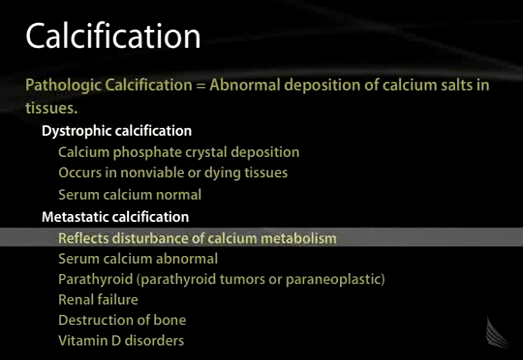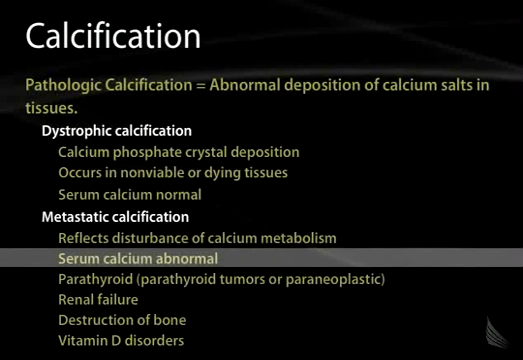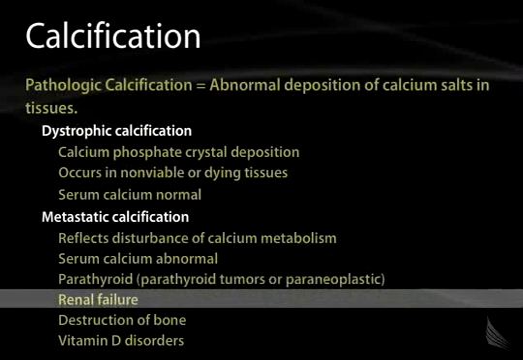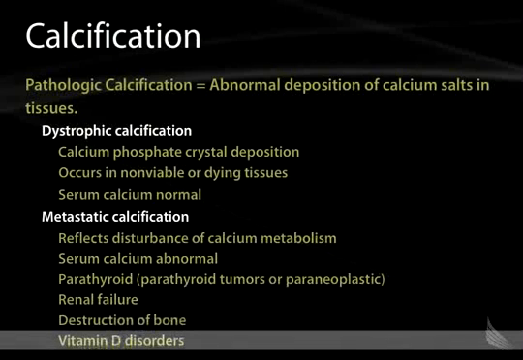Metastatic calcification, on the other hand, reflects a real disturbance in calcium metabolism. In cases like that, you often have hypercalcemia, and because of the hypercalcemia, you're getting abnormal deposition of this in cells. And you see that in things like parathyroid adenomas, which overproduce parathyroid hormone, or paraneoplastic secretion of parathyroid-related peptide. You can see it in renal failure, or in destruction of bone, or in vitamin D disorders. Any situation in which you get hypercalcemia and disturbance of calcium metabolism, you can get metastatic calcification. So this ends the general pathology lecture on cell death and cellular